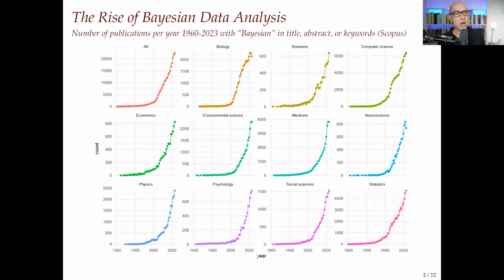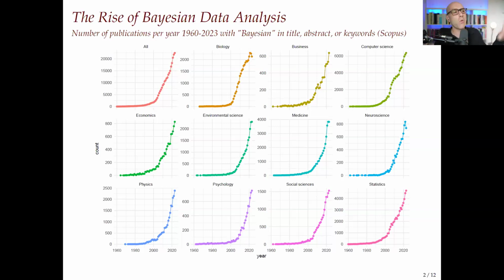Basically, in the last 25 years, the last 2 decades, there's been a sharp increase in the number of publications on the topic of Bayesian methods, Bayesian data analysis. Some fields started earlier. Statistics, for example, got off the ground maybe a bit earlier than other fields, maybe in the 90s. If you look at psychology, there's no movement in the 90s really, and it started in the noughties and really in the last 10 or 15 years.